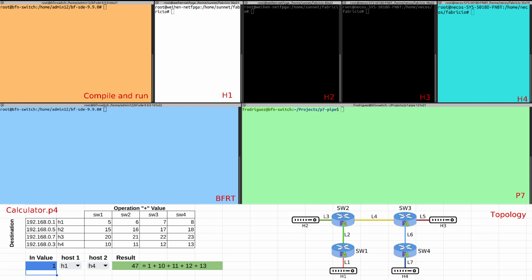Also, we are going to have all the links and the definition of the switch for the P7, and we are going to load a calculator P4 code in each of the switch where we are going to define using the tables the operation and the value that or